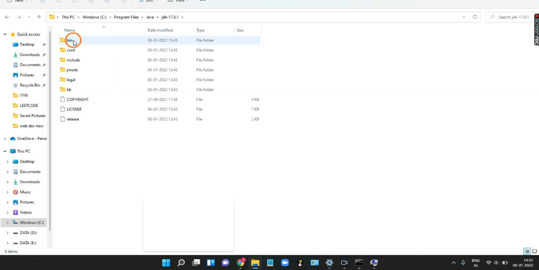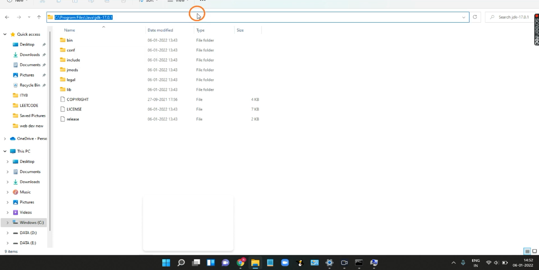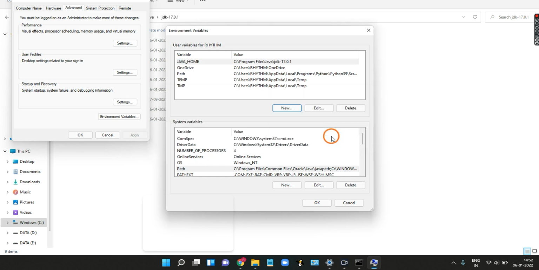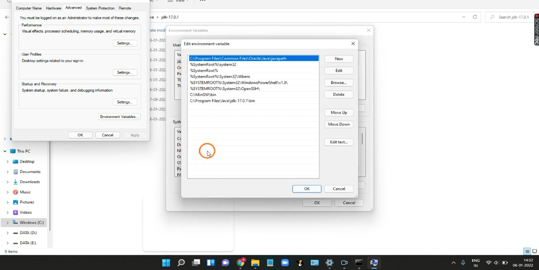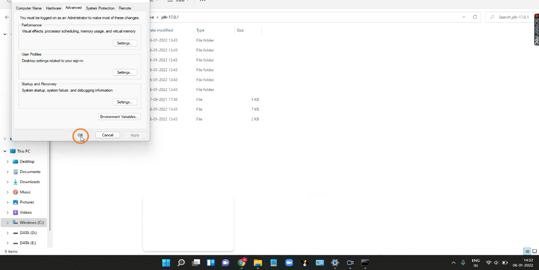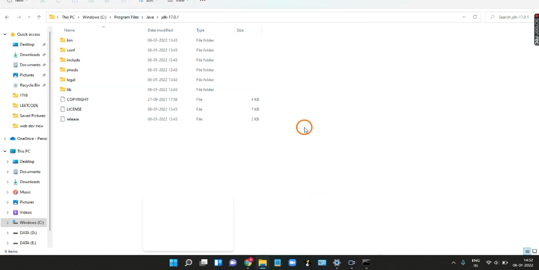Now you don't have to click this bin button, just go till JDK and copy this path, Control C, and after that paste it here, and then click on OK. So see, Java home is added in this, and in the path option my Java JDK is added. So now you can click OK and close this. OK and OK. So now you are done with everything.